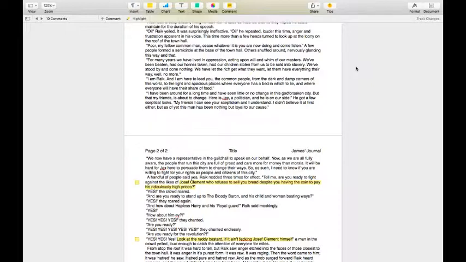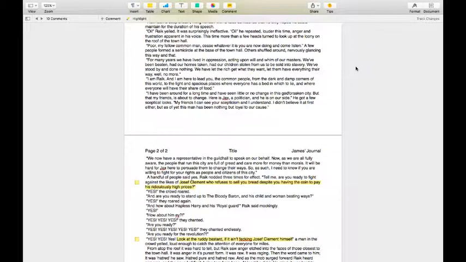"And how about hapless Harry and his royal guard?" Reich said mockingly. "Yes!" "How about him, eh?" "Yes!" they chanted endlessly. "Are you ready for the revolution?" "Yes! Yes!"